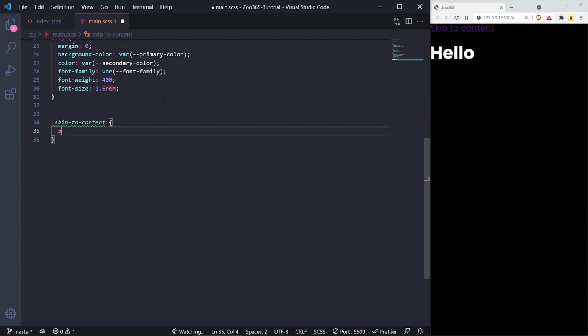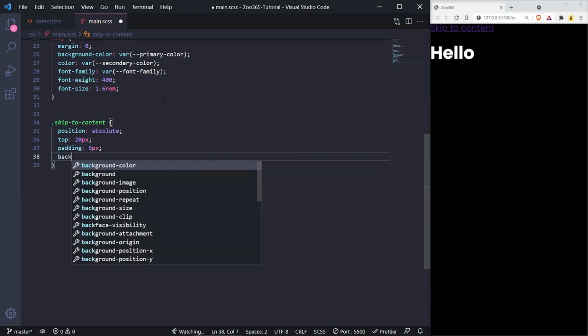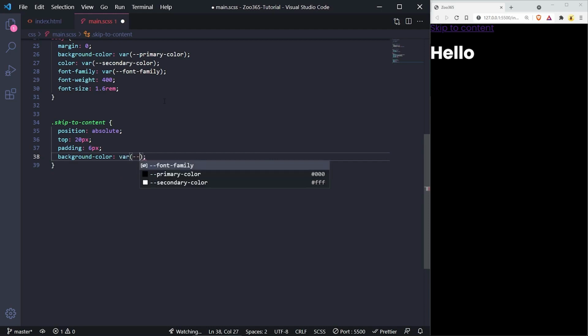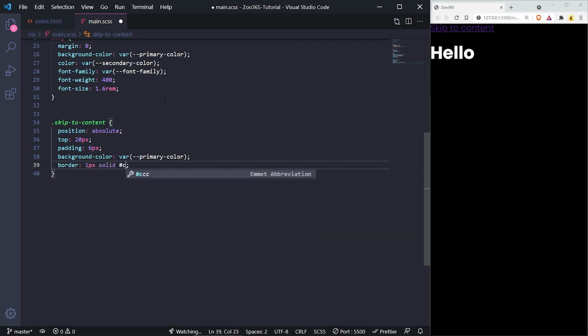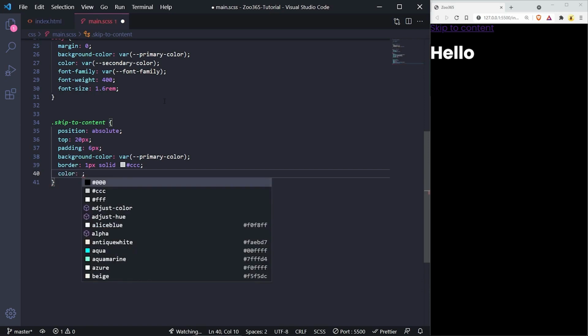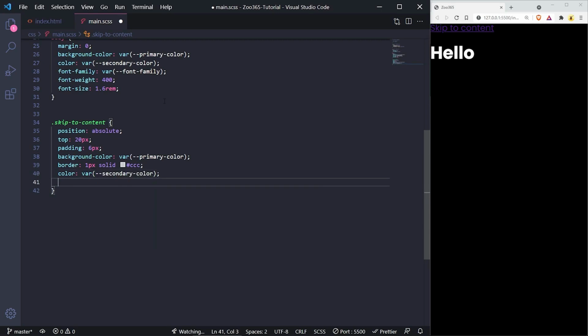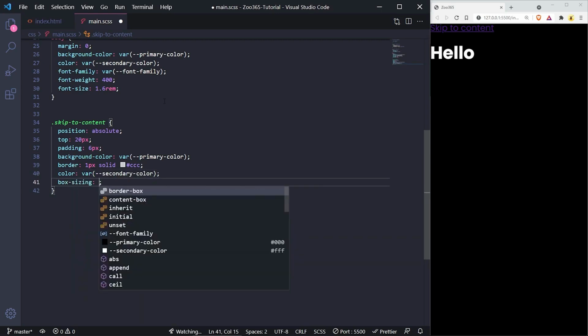And for this, we need to position it as absolute. I'm going to do top as 20 pixels. Let's do padding of 6 just to make it look a little bit better. Background color can be black, so I'm going to use the variable color of primary color. Then border, I'm going to set to 1 pixel, solid, and just some gray color. Let's also change the color. So color of white. And I'm going to bring the variable secondary color,